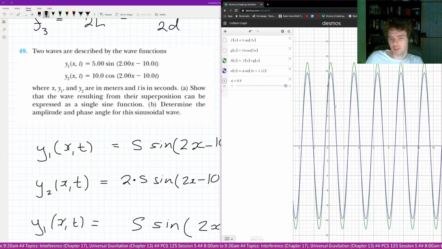You can just check. One way to do it is to just assume some value for A. Doesn't really matter. Assume some value for A, and then